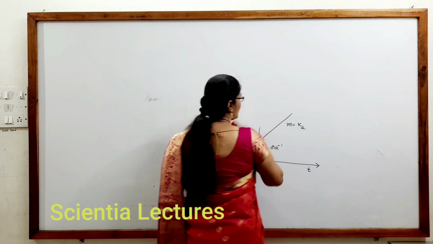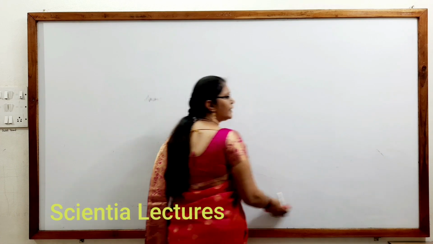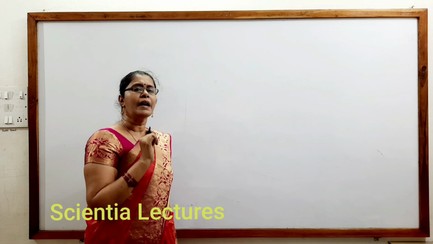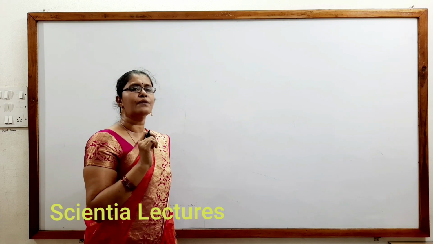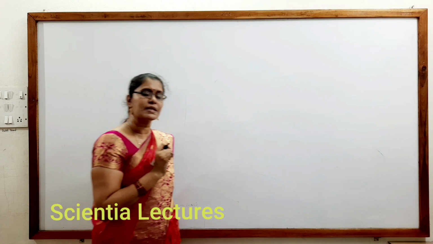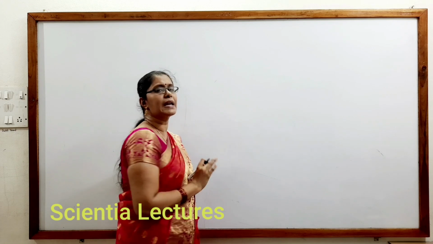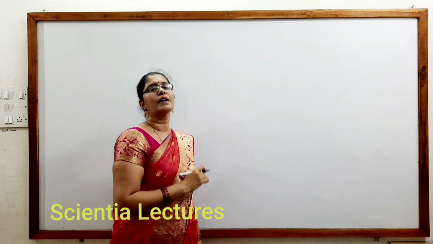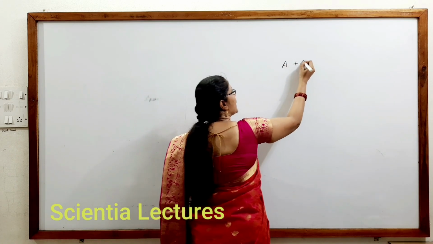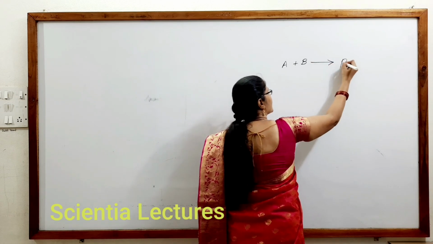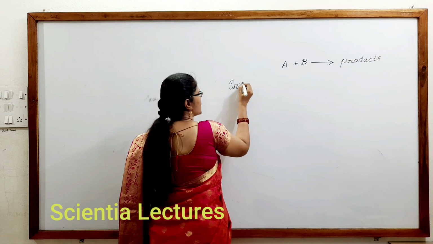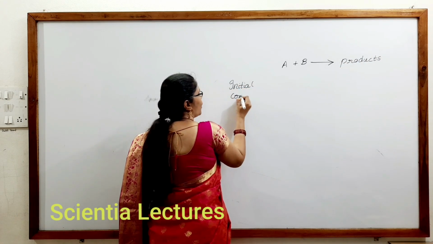Now we have seen one kind of second order reaction, that is when 2A gives rise to products, or A plus B gives rise to products starting with the same initial concentration. If we have taken A plus B gives rise to products starting with the same initial concentration, we can take this rate equation as we have derived in the case of nth order equation. But if a reaction was given as A plus B gives rise to products, but it has started with different initial concentrations, then how to take the second order rate equation?